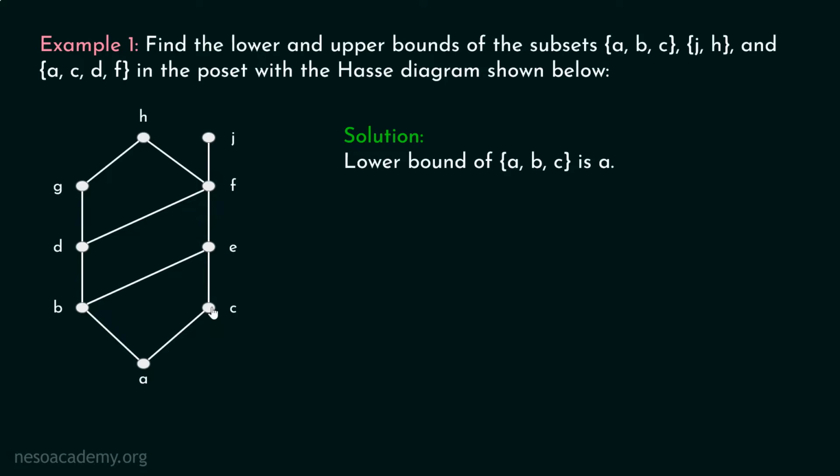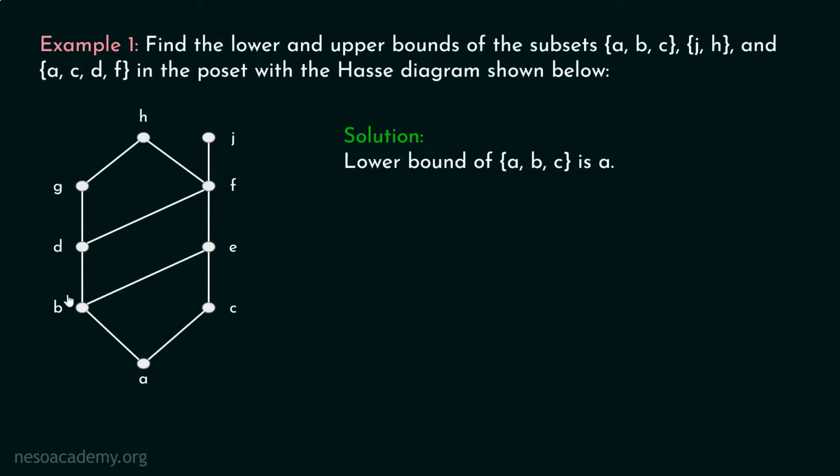Although you can see that from C to G, there is some path, we cannot follow this path because here, obviously, H is not related to G. G is related to H, right? That is why I'm saying we can only go in the upwards direction. We cannot go in the downwards direction. There is no path from C to G. Therefore, C is not related to G.